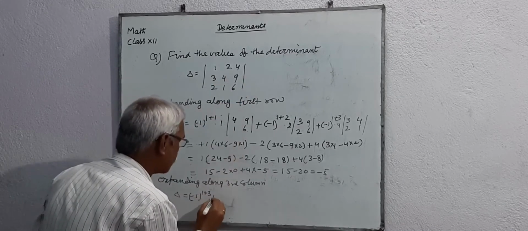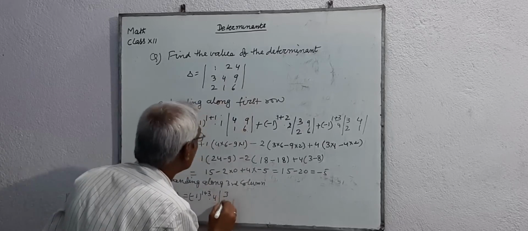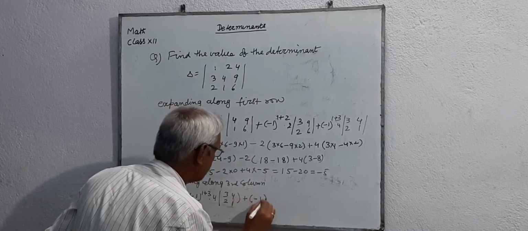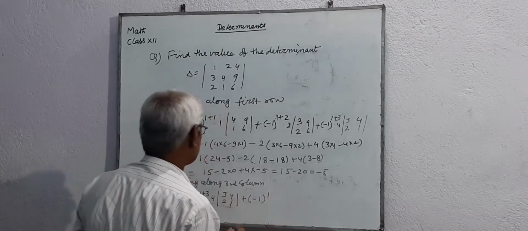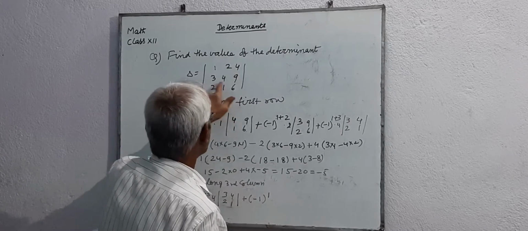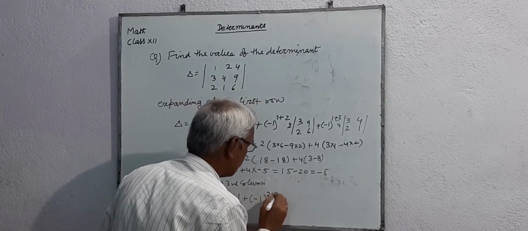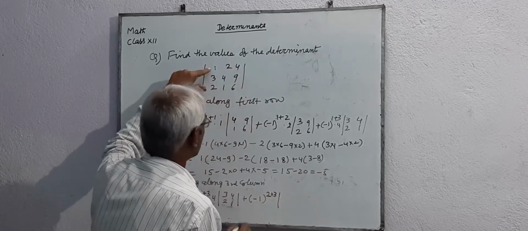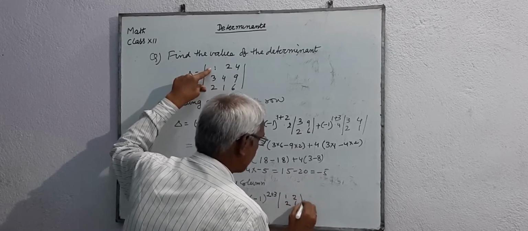Eliminating gives 3 2, 4 1, plus minus 1 to the power second row and third column. Eliminate the second row and third column, we get 1 2, 2 1, plus